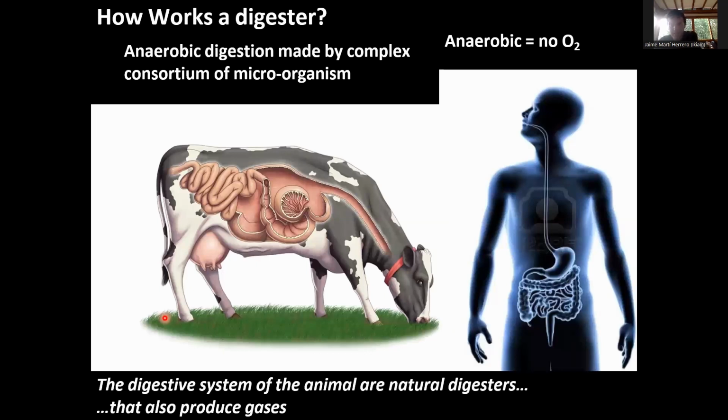This is happening inside of us, inside of any of the animals that we have around. So we can say that we are digesters with legs. It's very similar. Also, we are producing methane, and all of us know what I'm talking about when we produce methane. And the idea is just to replicate this in controlled conditions, in a controlled system that is called